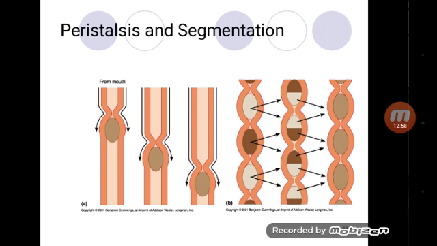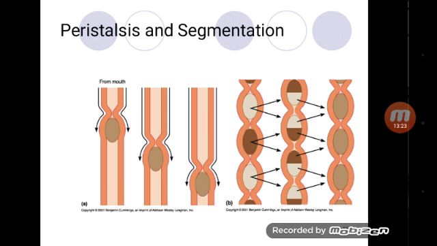Coming to movement through villus contraction, the villi of the small intestine also contract irregularly. This is seen in the upper part of the small intestine. These contractions are especially meant for emptying the central lacteals of the villi. We saw in that picture the central lacteals. They also increase the lymph flow.